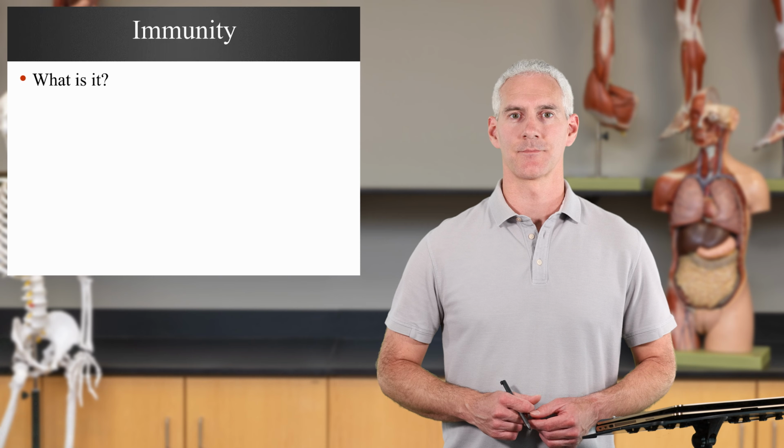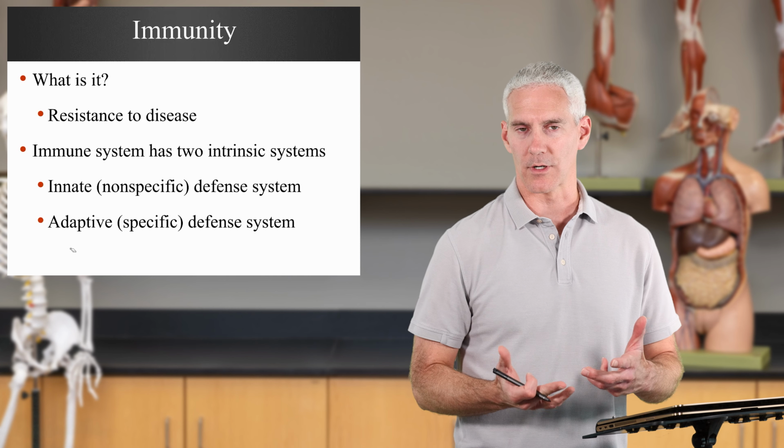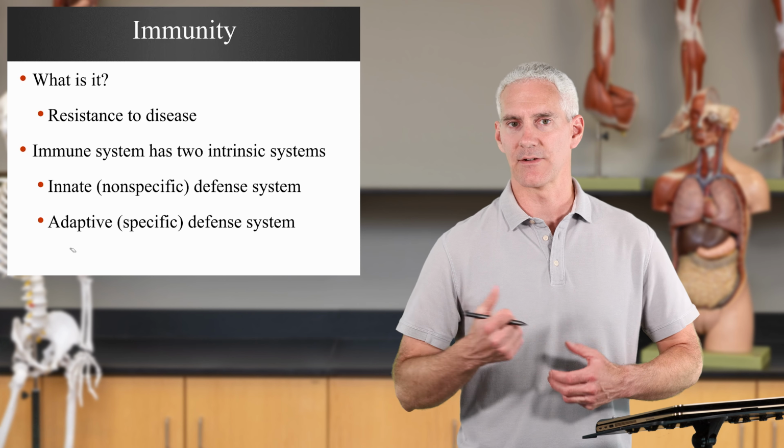But then you also have the adaptive defense system, and this one is specific. It's going to make sure it's targeting precise and specific items. So a certain bacteria or a certain virus or a certain pathogen or a certain parasite. When you look at the adaptive, it has to be able to target a certain thing. It can't just say, I'll target everything. It has to be specific. So we definitely need to delve into those two a whole lot more as we move through these different parts of lectures. But let's start with our defenses.